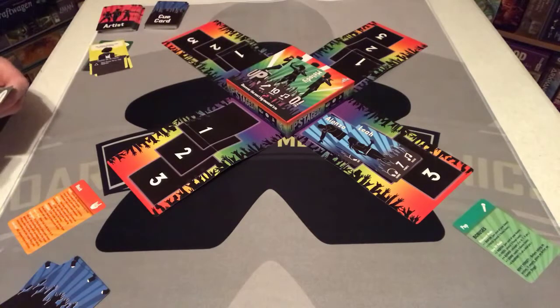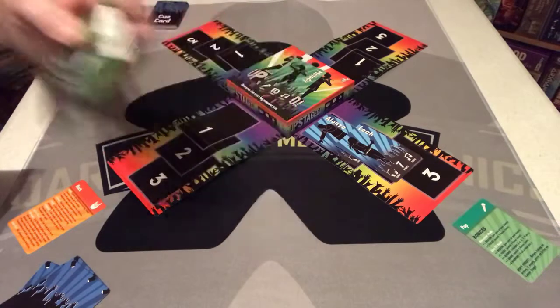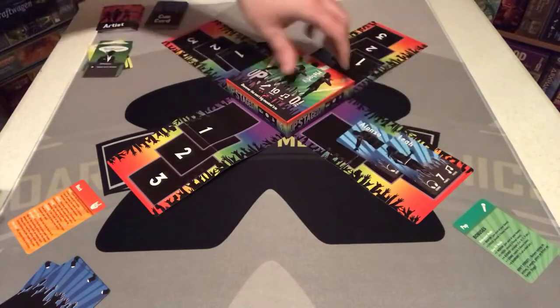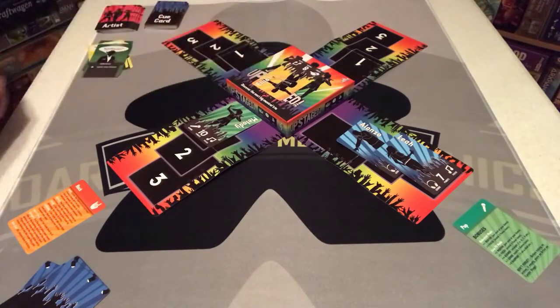All right. So she's going to play this, discard a card, and move all artists forward. So she will discard this card. All artists move forward. This one's coming my way. For the second action, they get a new one. Country, no one wants that. Put that way, and then